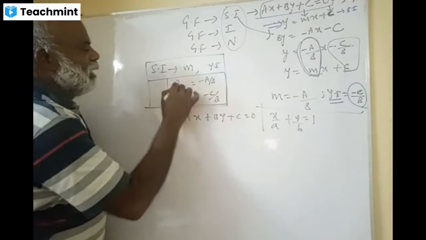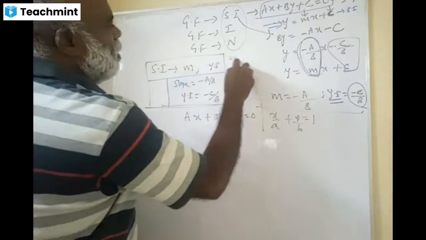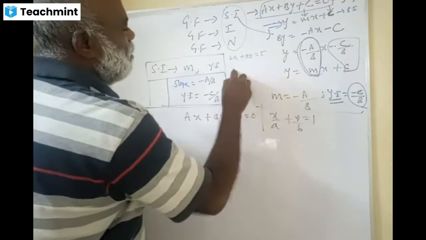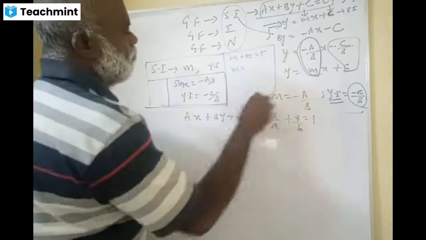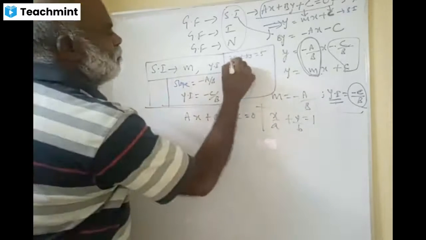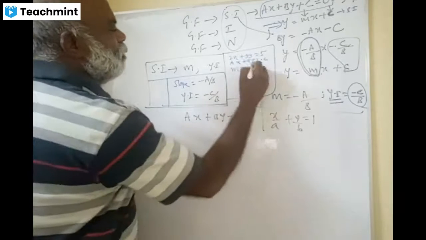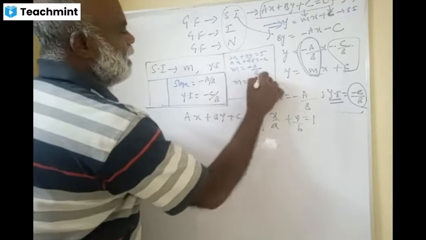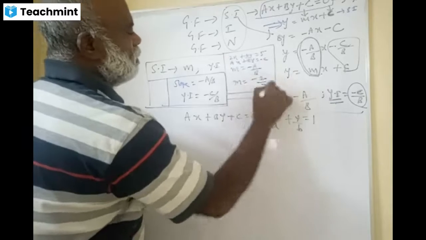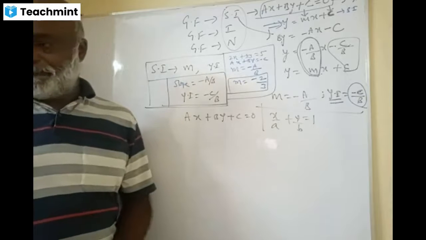Slope is minus A by B, whatever they give. Can you please tell me, dear, just for the sake of 2x plus 3y equal to 5, can anybody say the slope now? M equals minus A by B. A is 2, so minus 2, B is 3. That's also simple. Did you understand? Yes, sir. Please take it.